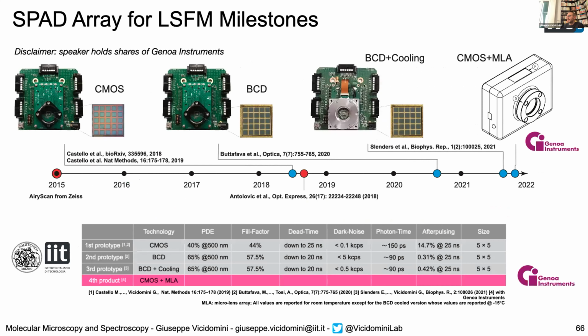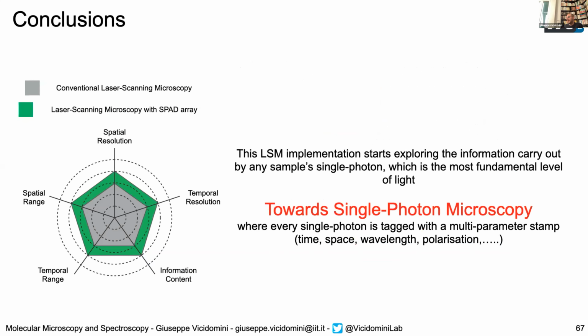Finally, the most important thing is that this kind of system, I think, for the first time gives you the possibility to get access to some single photon information that typically is discarded in a conventional microscope. Not only temporal information, but spatial information. So I think that we are ready to move from the era of single molecule to the era of single photon